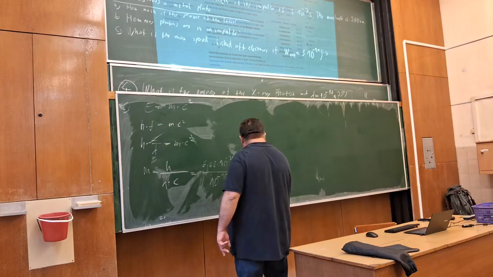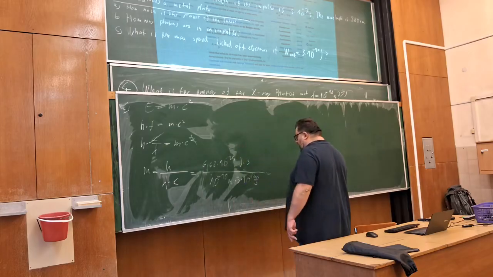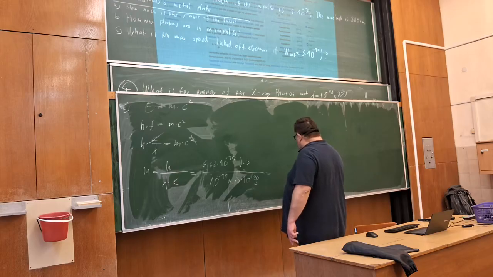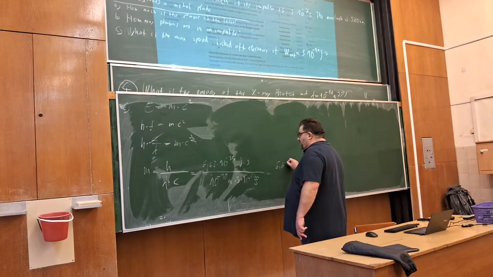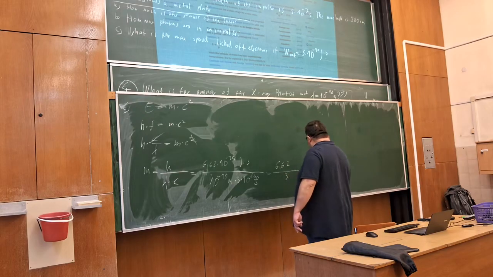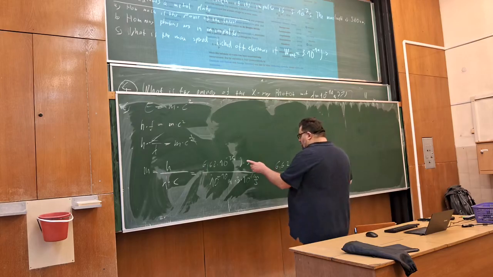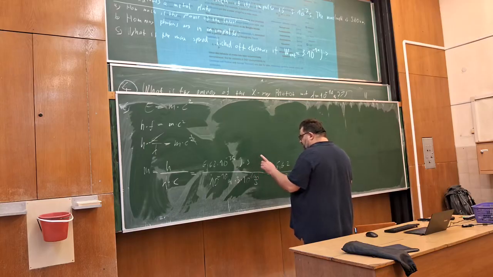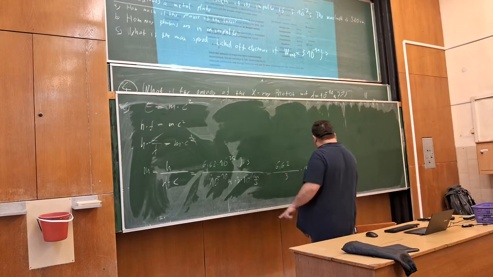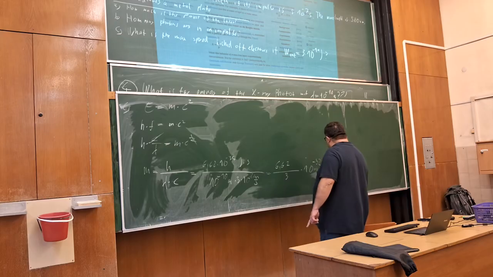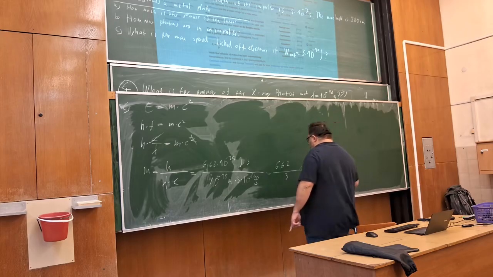The meter also disappears, so the result will be in kilogram. And that will be minus 30. Minus 34, then it's minus 24, and that's